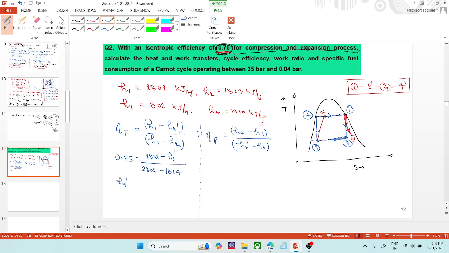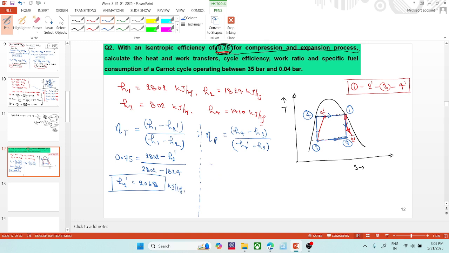From here, H2 dash would be around 2068. I'm not writing the extra thing,